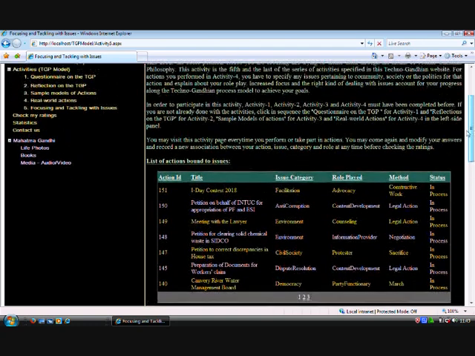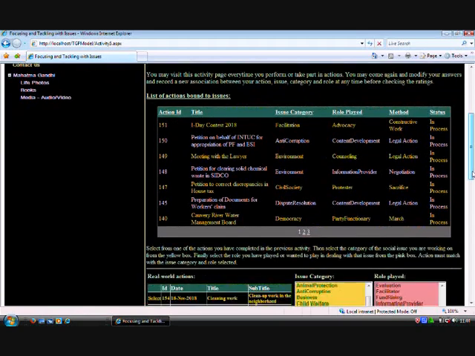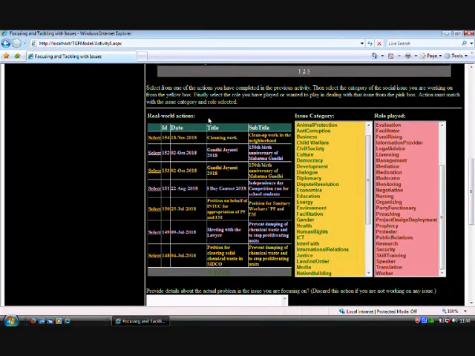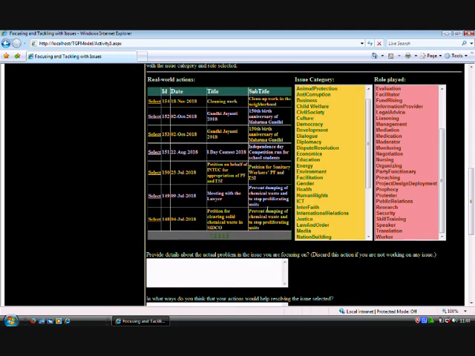Here in this page, you see a list of actions already bound to issues. So some of the actions done by the user are associated with some issues and a role he played. Let us associate one action to an issue. For that, user must select an action from the list of actions on the left hand side. So let me select the first one